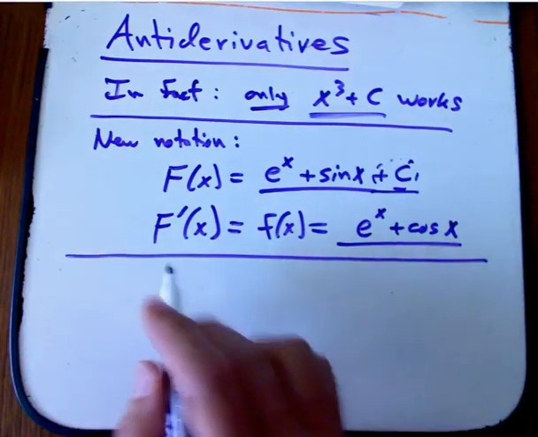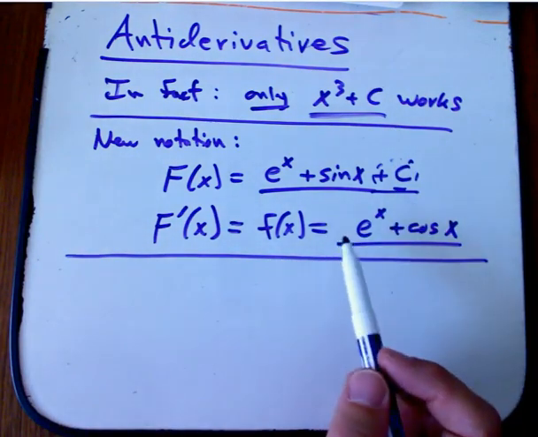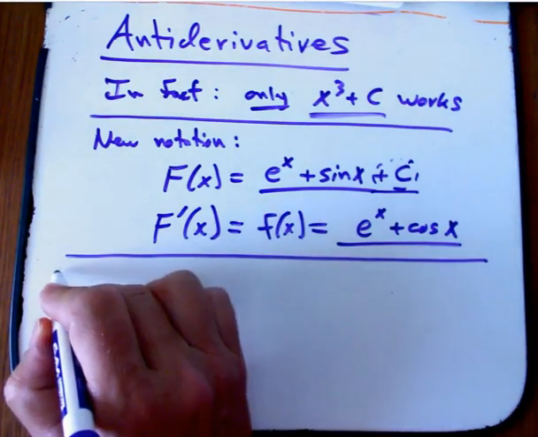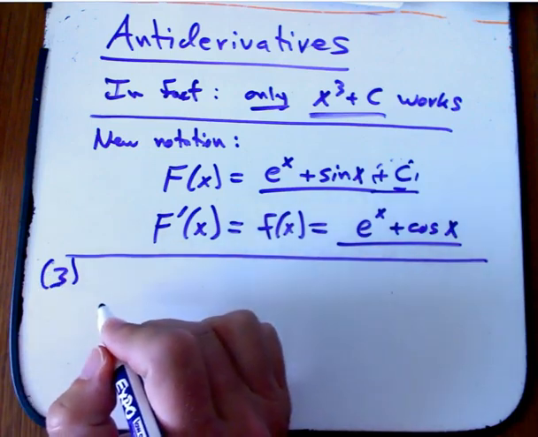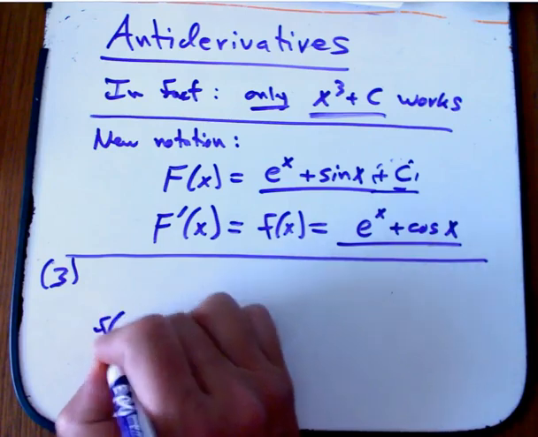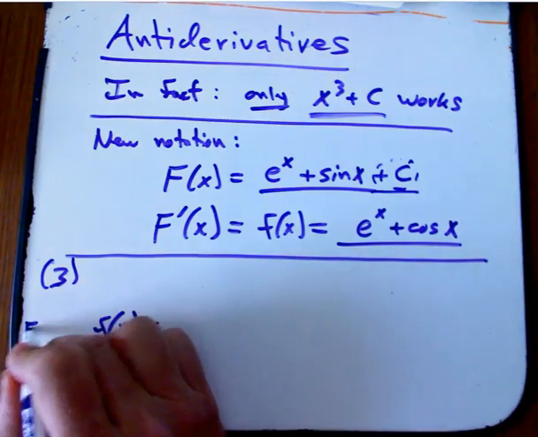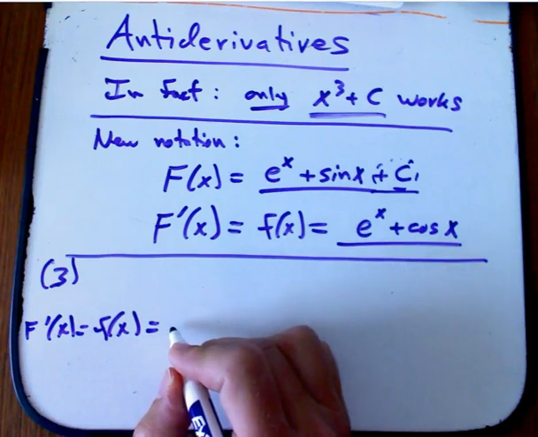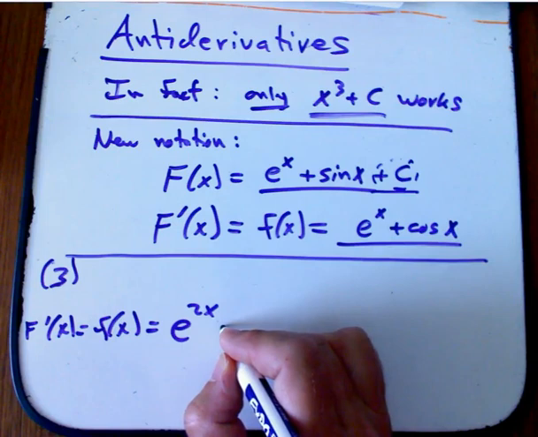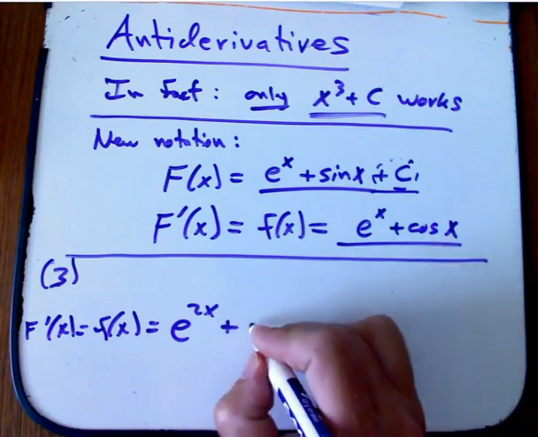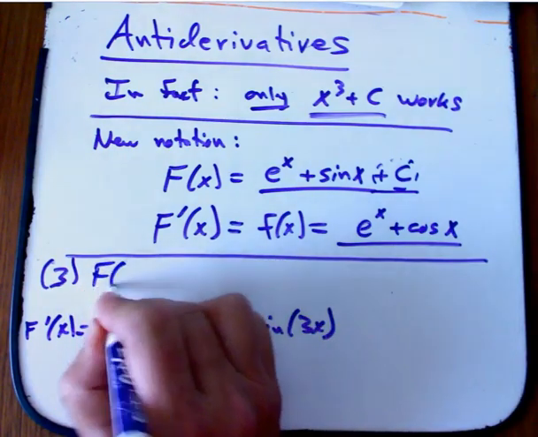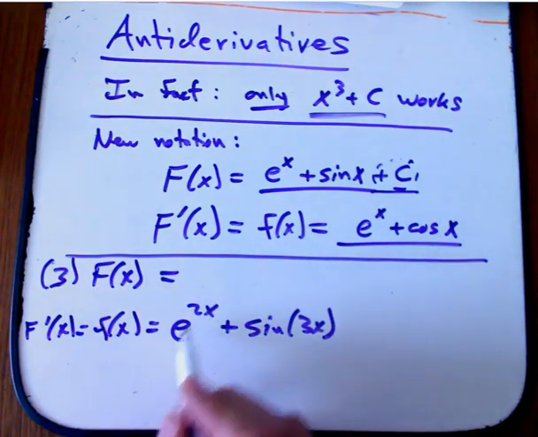But let me do a little more complicated. So far I've been trying to make it really gentle, just get the idea. What if you had, say, that was example 2, let's say example 3. What if you had to modify f of x, so that's the derivative of big F. Let's say it was e to the 2x plus, just to switch it up a little bit, sine of 3x. And I want to get, what is my mystery